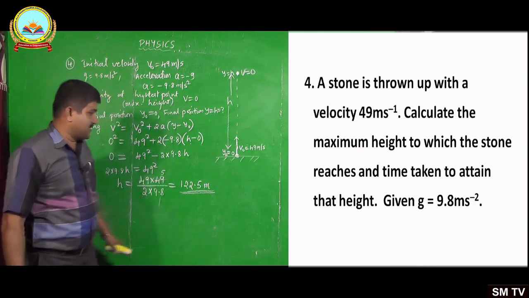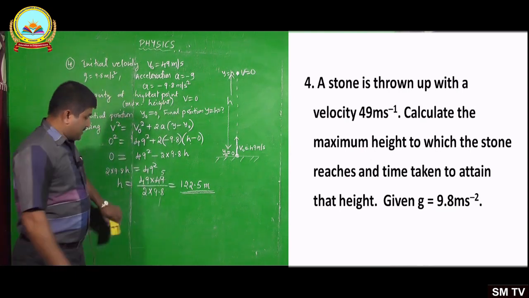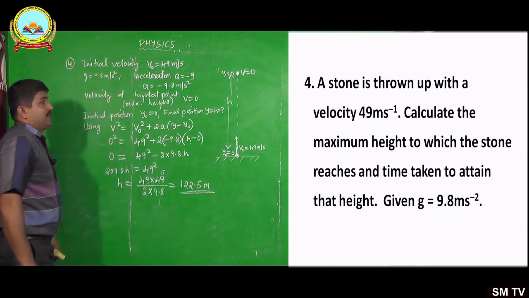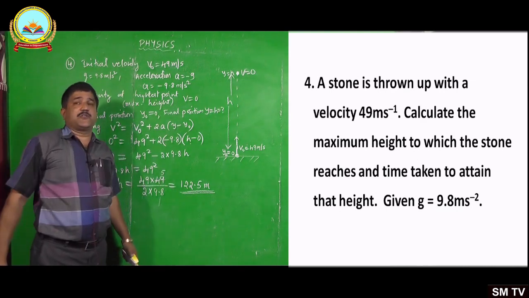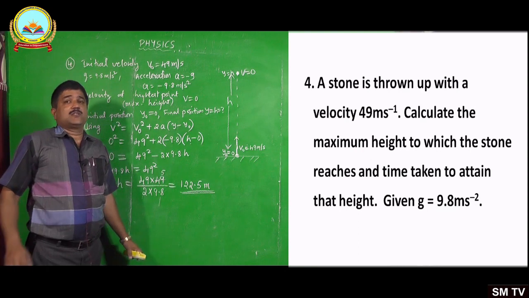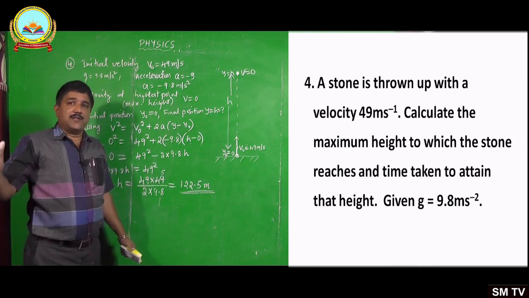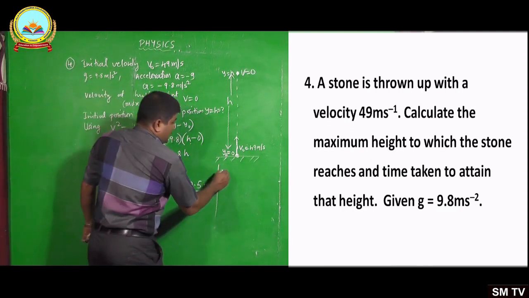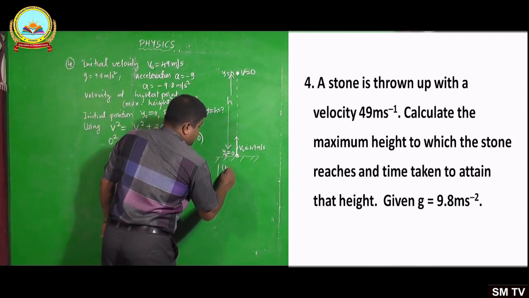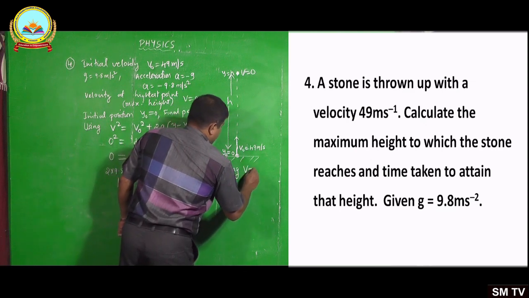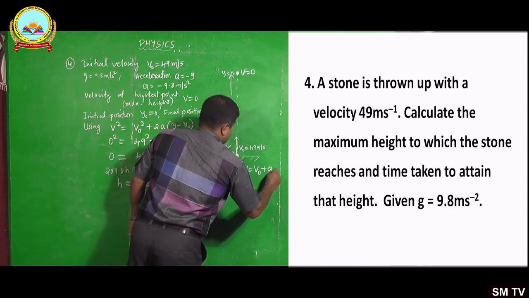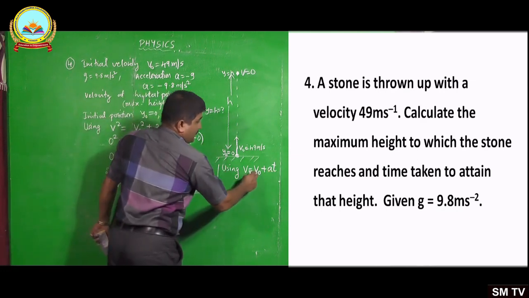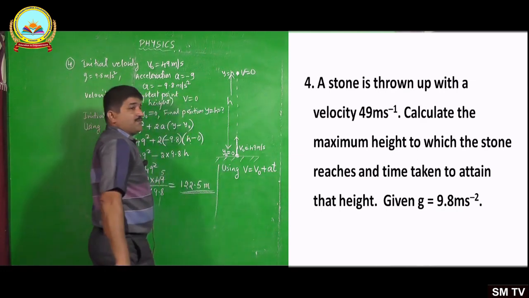And next calculation is time calculation. So how much time will it take to reach that height? For the time calculation, you can see there is the first equation of motion and the second equation of motion. The first equation, v equal to v naught plus a t, is the better, easier one. So to get the time, we can use v equal to v naught plus a t, or you can use minus g directly instead of a. So v naught minus g t also can be used.